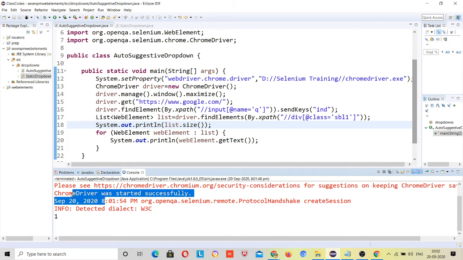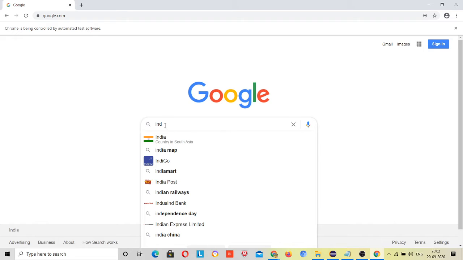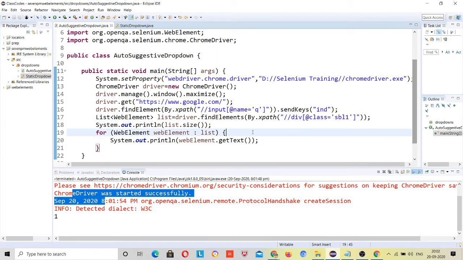See, 1, because 1 is coming from where? From this IND, right? But for the others it has no size. Similarly, you have not got any web element for this, and you are trying to print it because you have not waited for that time.